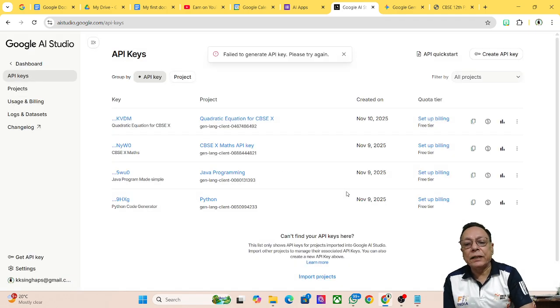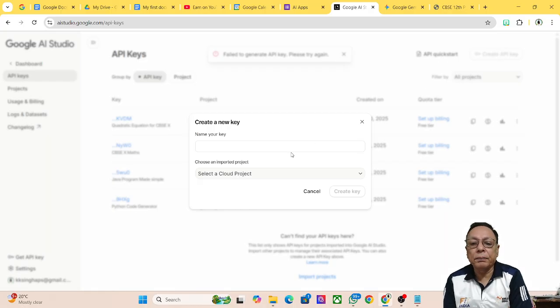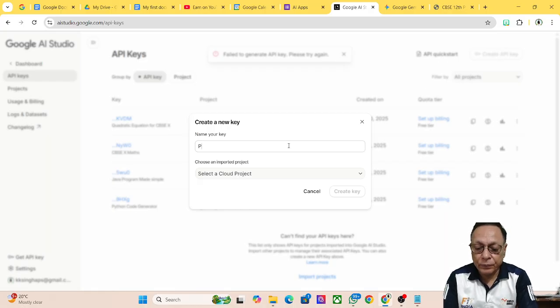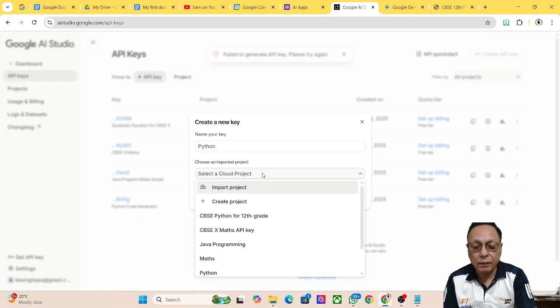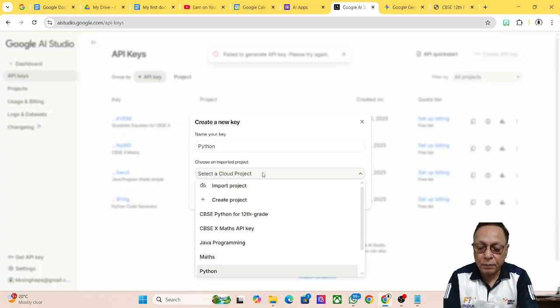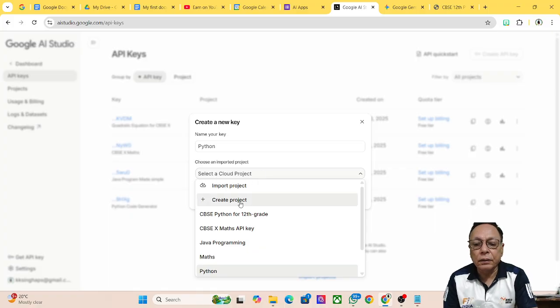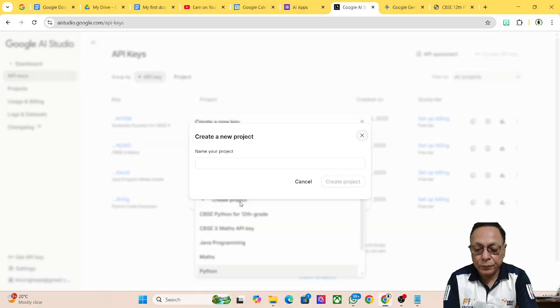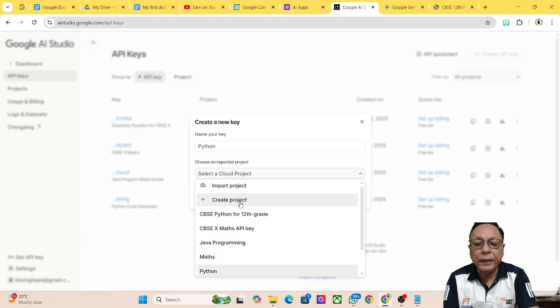Once the key is created, again Python, I create the key, Python, create the project, Python